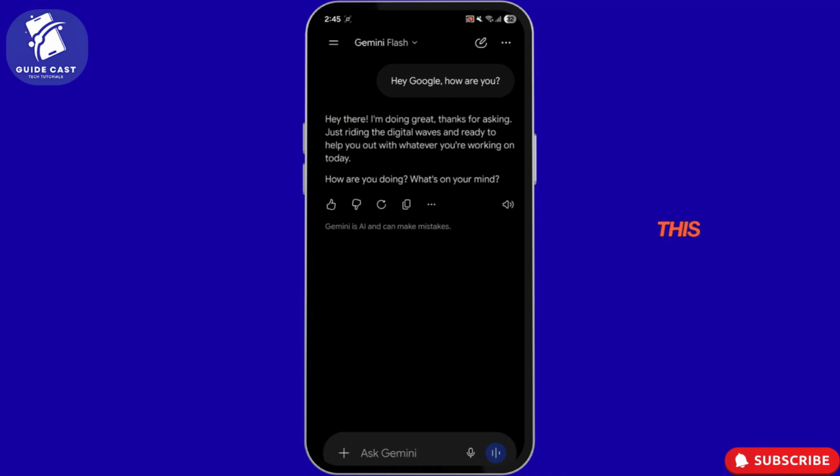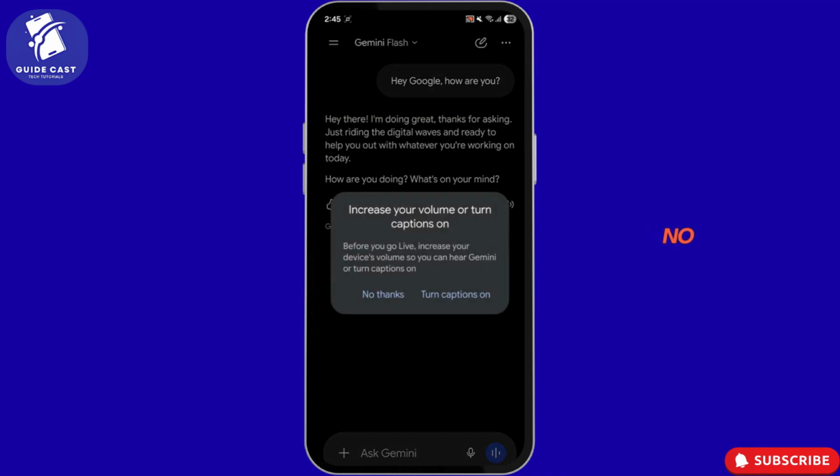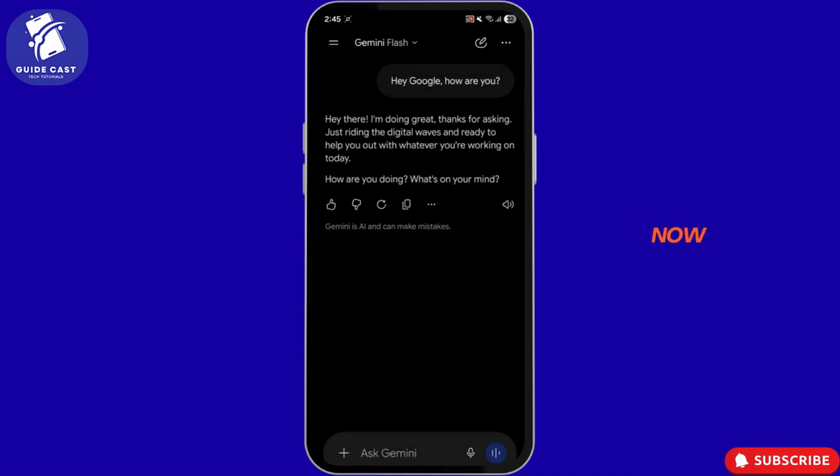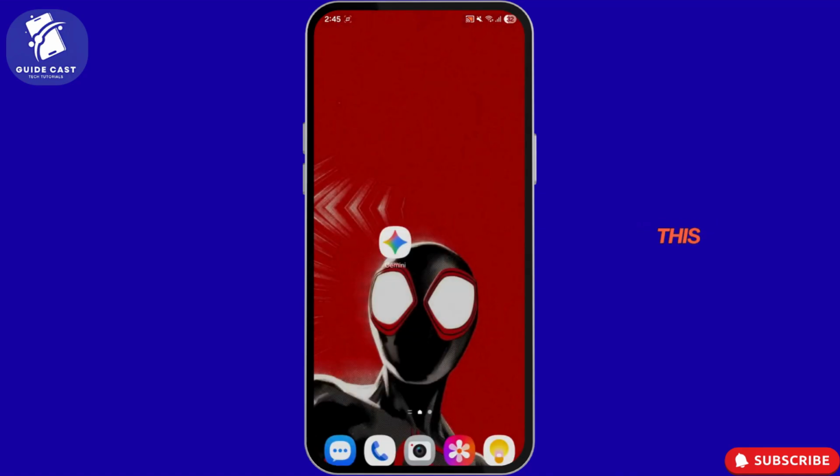As you can see, now this can work. Also, if you tap on here, no thanks, you can always turn on the caption button also. So tap on no thanks for now. Now close this. If this doesn't solve your problem, then what you can do is hold on to the app